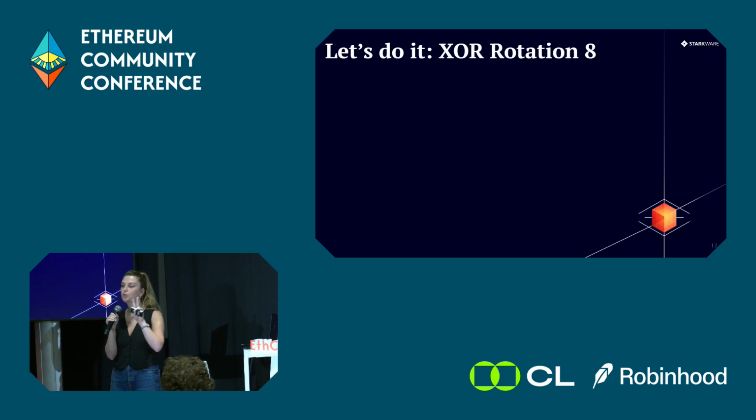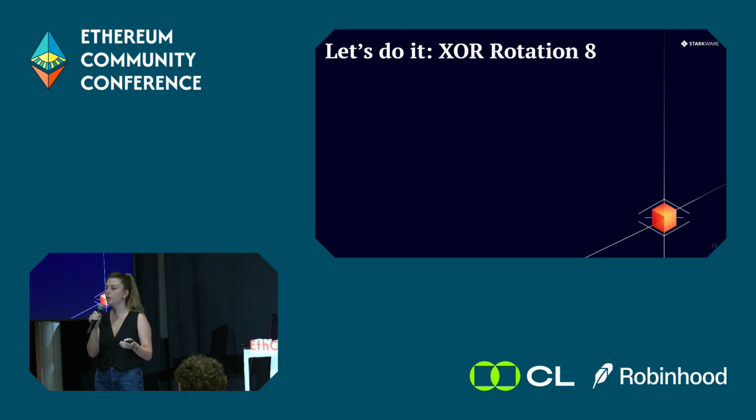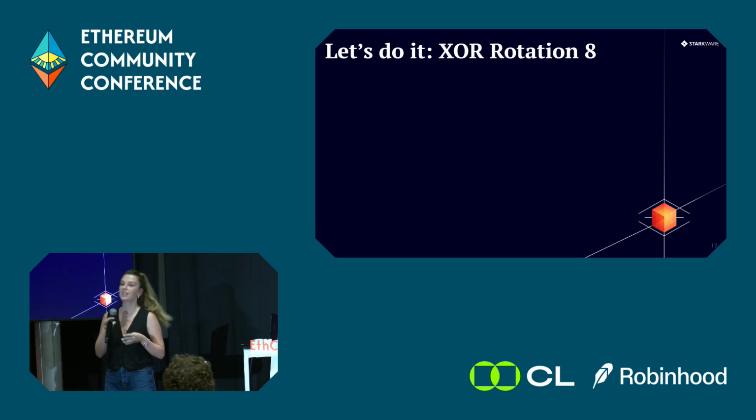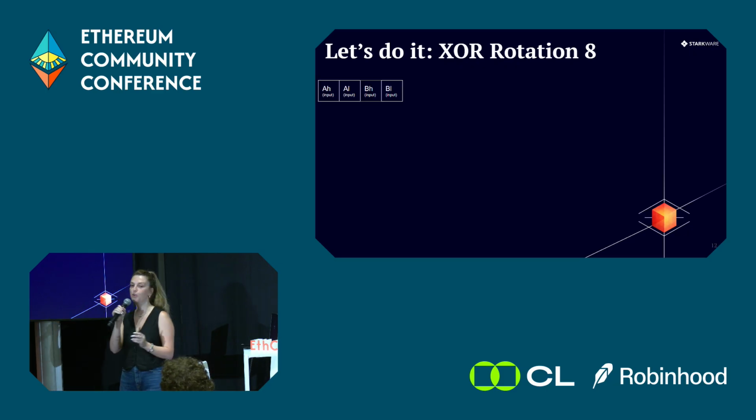So we will need 2 trace cells in order to represent a 32-bit number. And the way we are doing it is taking the lower 16 bits and the higher 16 bits. So for 2 32-bit word inputs, we will have A high and A low for A, and for B, B high